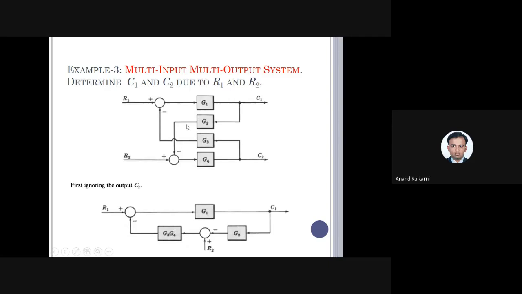multiple output problems have never been asked in your exam. These are only problems pertaining to slightly higher level, for GATE exams or any higher level preparations. Only for that we are discussing. So just remember it. Never are they going to ask it. Now, in this case here, multiple input, multiple output systems are there.